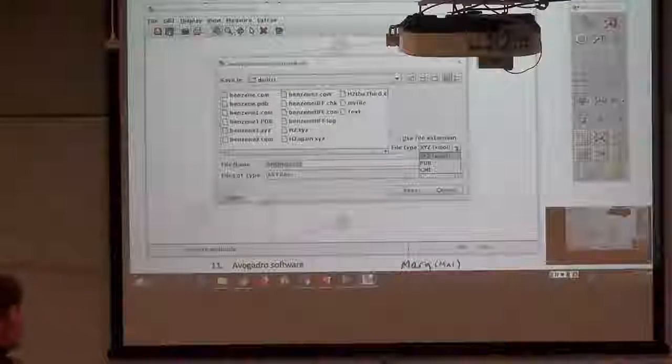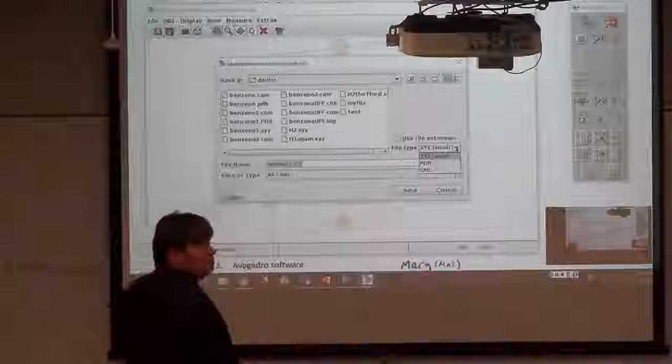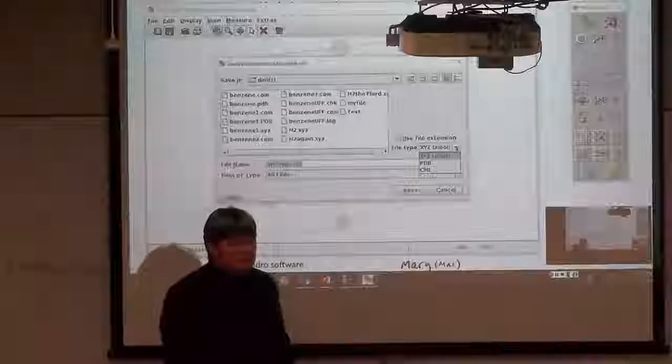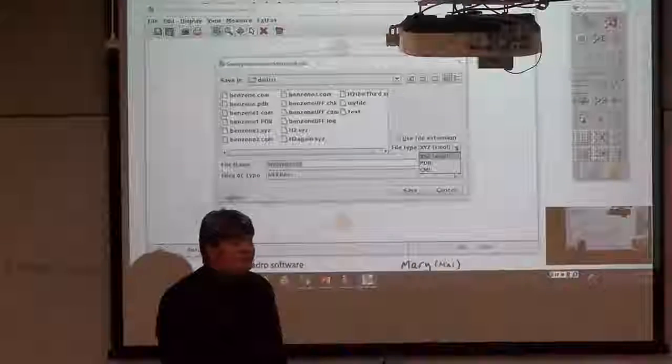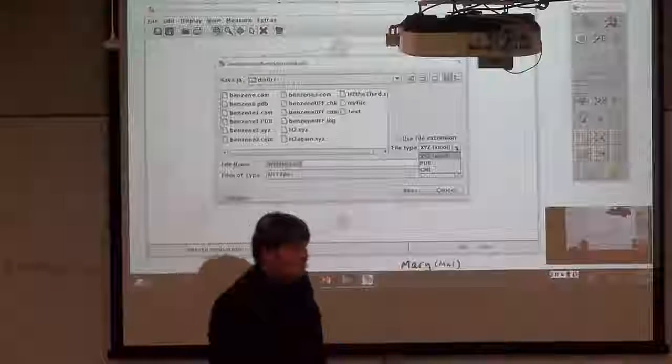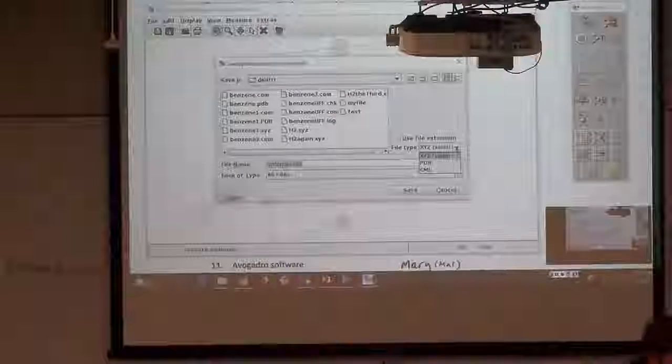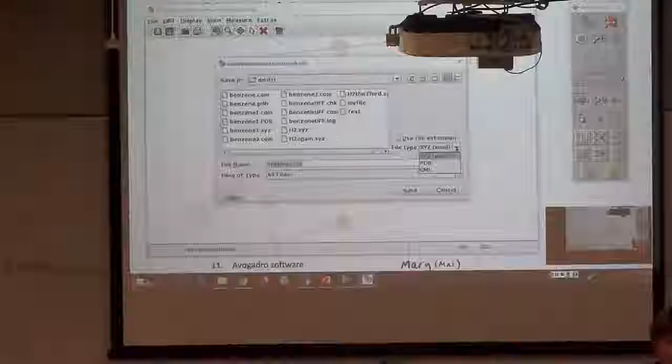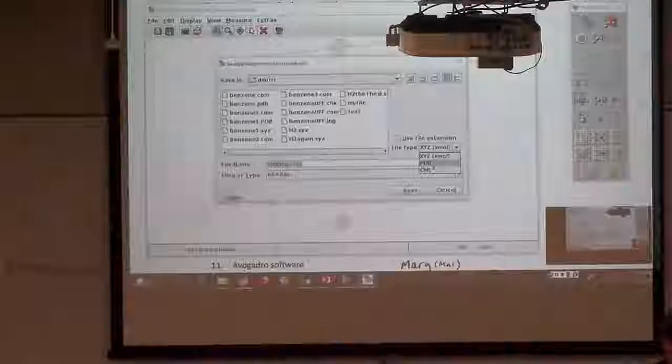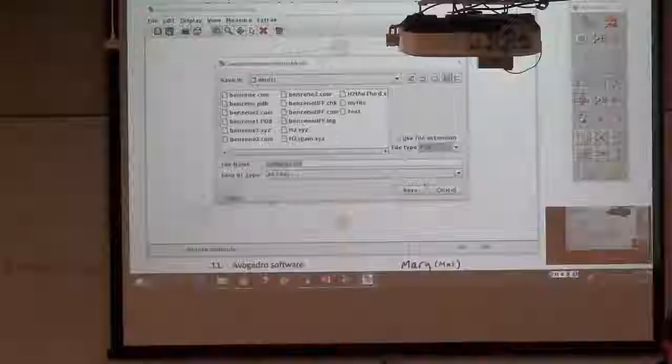So what if you completely deleted your molecule? If you do not save it, you can reopen it. If you reopen it, you delete whatever was before. Okay, that's fine. So if you save it as PDB,